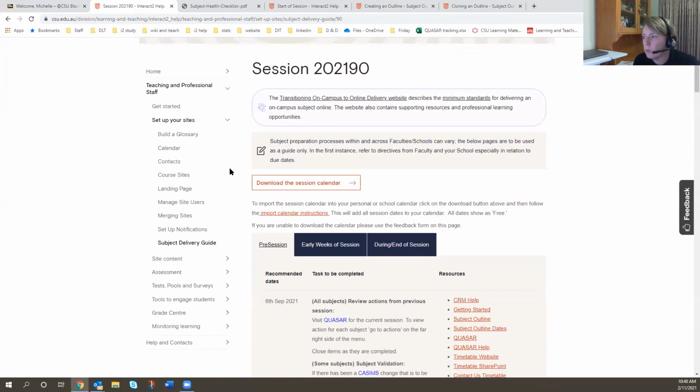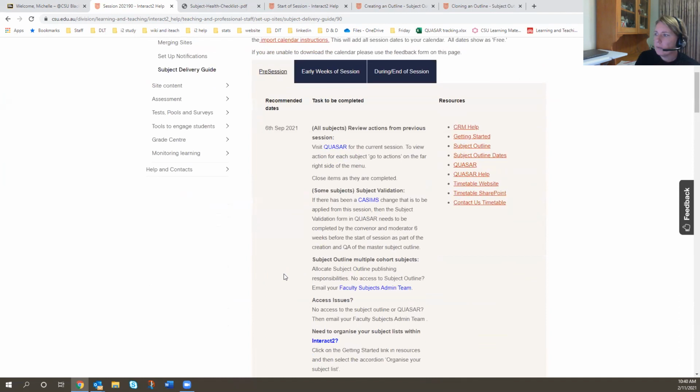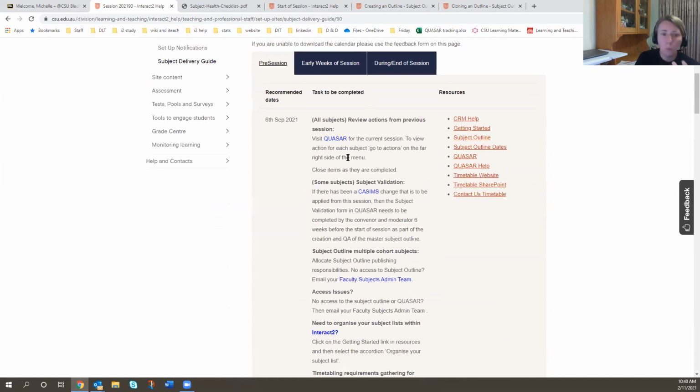Within the guide, as opposed to Lachlan's planning document, which is really set up to have you thinking about what you're going to do and how you're going to do your teaching, the guide's really a step-by-step going through about the things you need to do and check off to get to having your subject set up for the session you're leading into. So you can see here we've got it into pre-session, early weeks of session, and during end of session. It starts off, for example, with the Quasar form. And what people might find particularly helpful is then here it links off to all those sites. So we've got one really nice central place where there's links for all those things that you need.